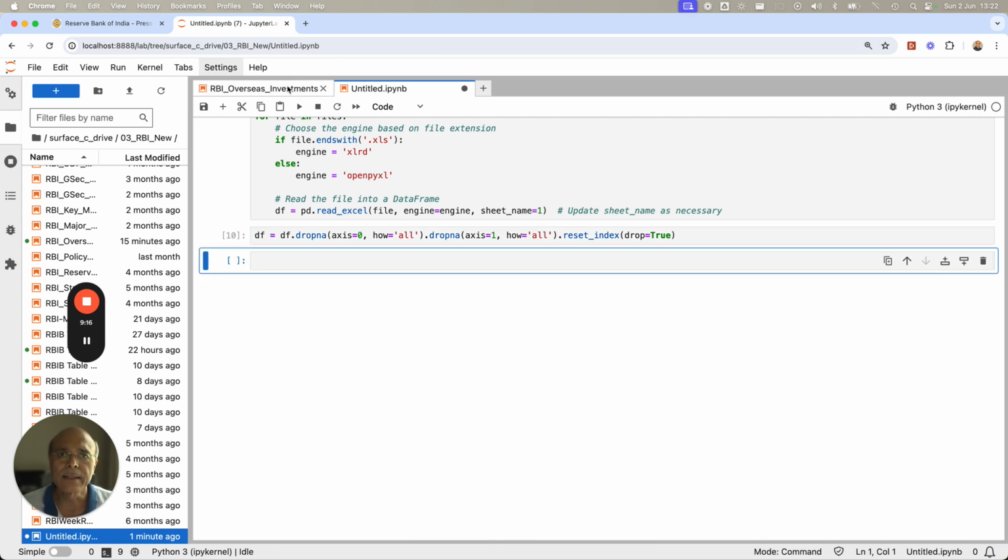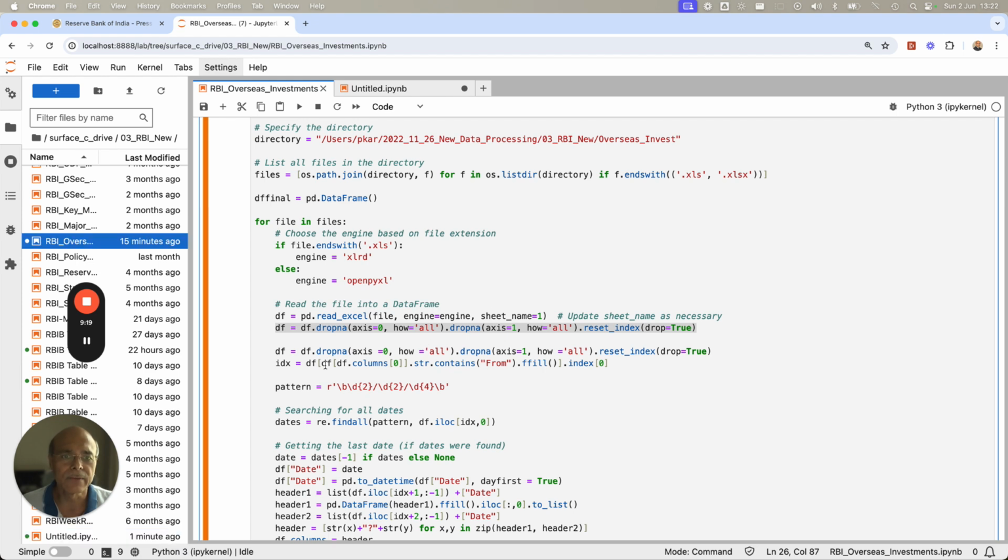So once I have stored this in the data frame, then what I have to do is... I think this particular step has got repeated 2 times, so no problem. So let me now identify